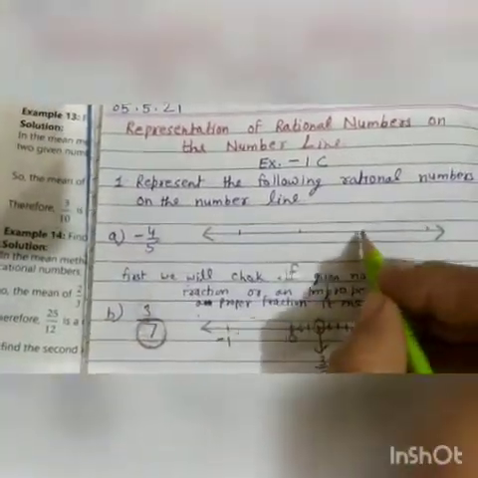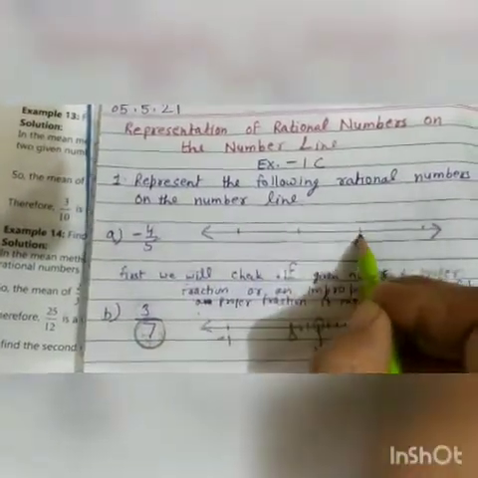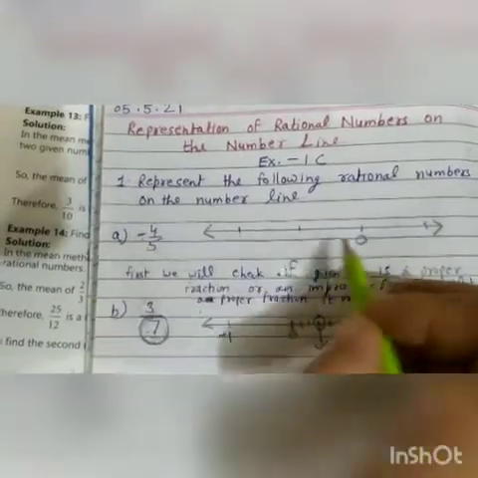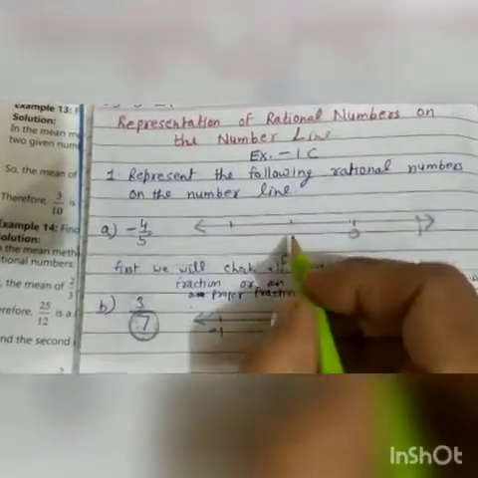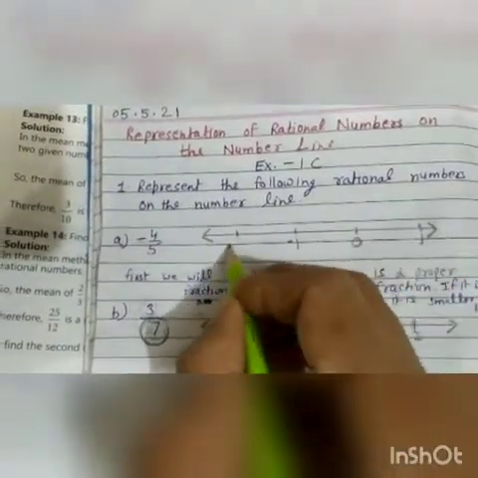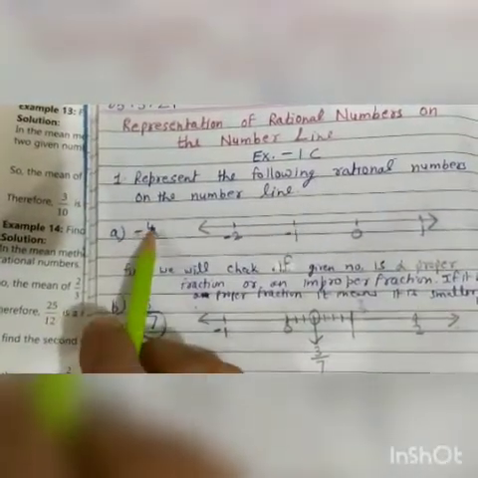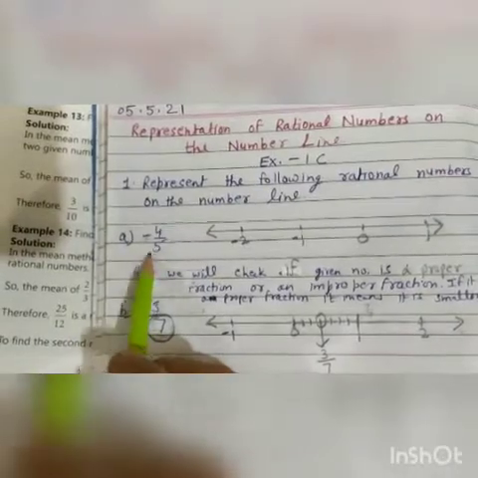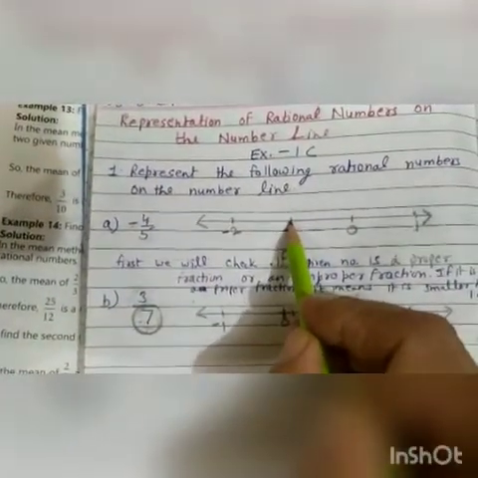First we write the counting. I have drawn this number line. Divide this distance like this. Now this time we have to show minus, so we will take 0 on this side. This is 0, this is 1, plus 1. Now this is minus 1, this is minus 2. Because this is negative and the numerator is smaller than the denominator, this rational number will lie again between 0 and minus 1.